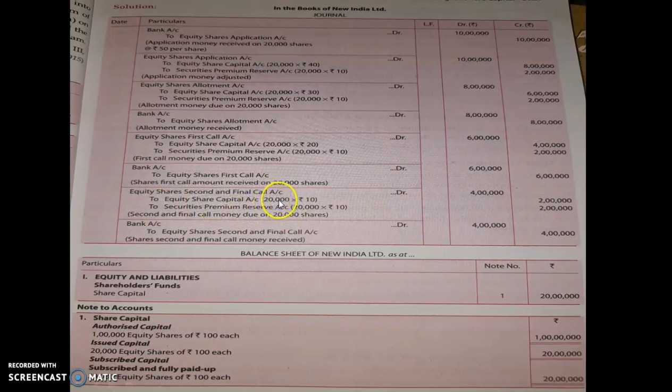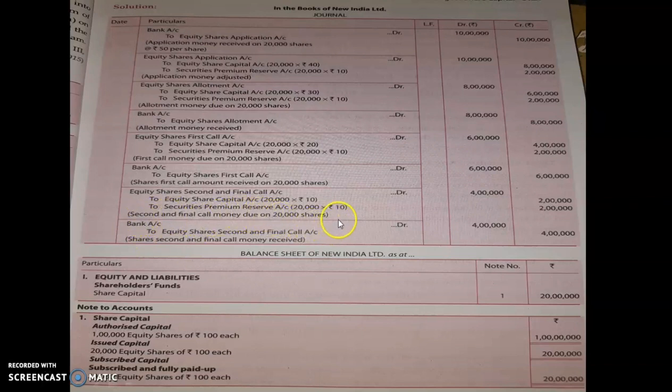So on the 20,000 shares issued to the public, 10 rupees is of equity share capital account, that is 2 lakh, and the remaining 10 rupees is of premium. So 20,000 into 10, that will give you 2 lakh. The narration for this journal entry will be, being second and final call money due